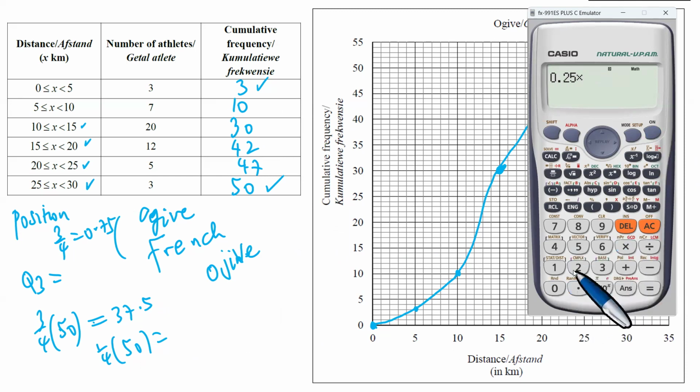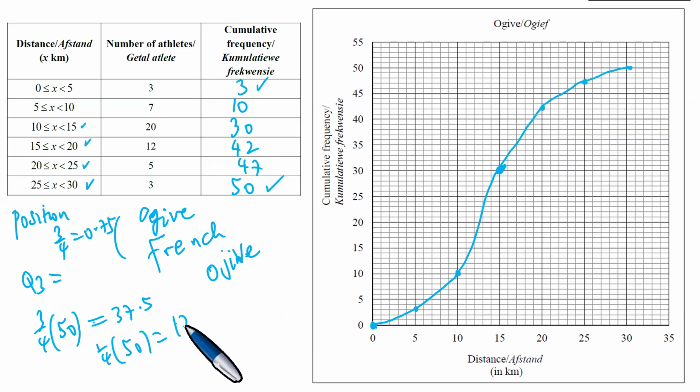Zero point 25 times 50 is 12.5. Okay, so now,